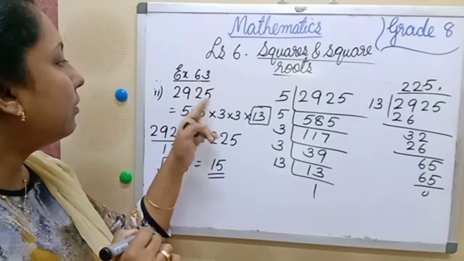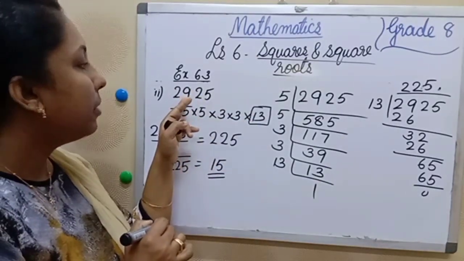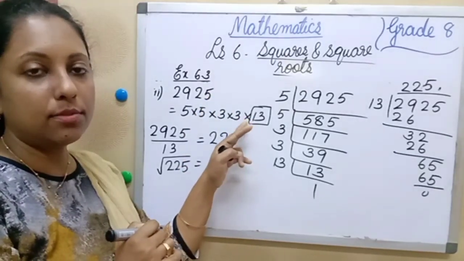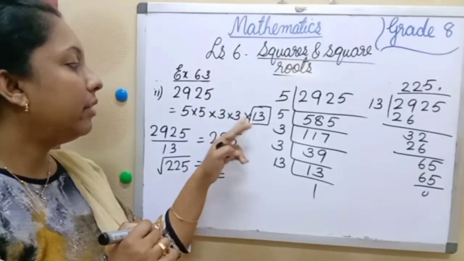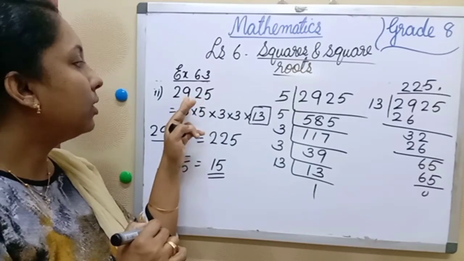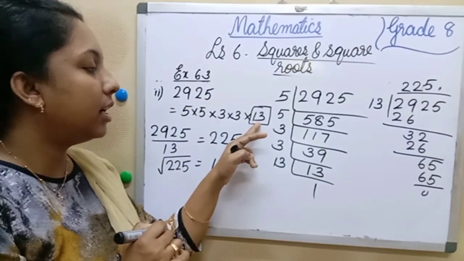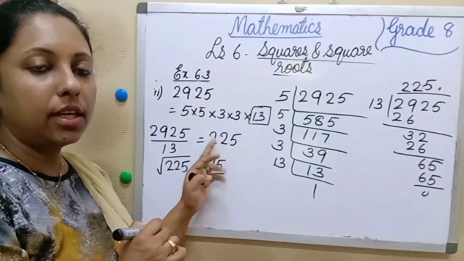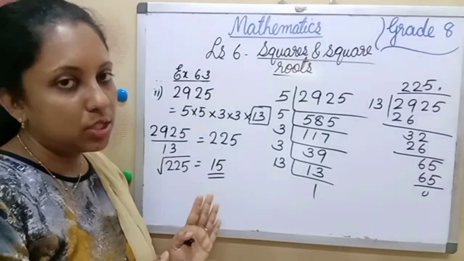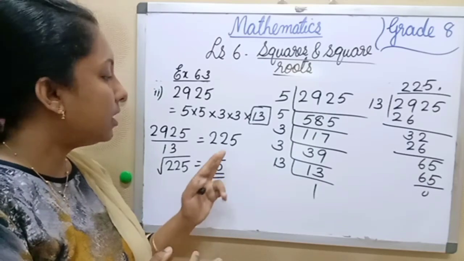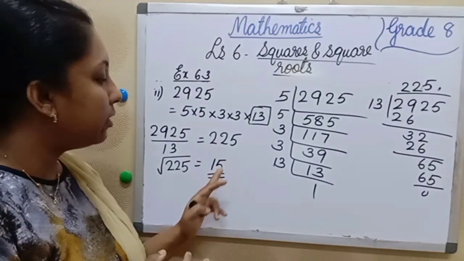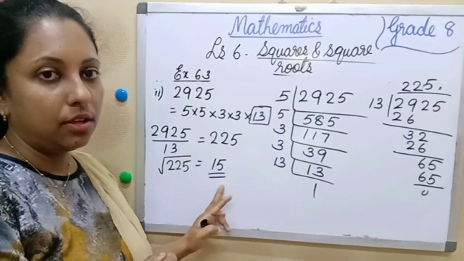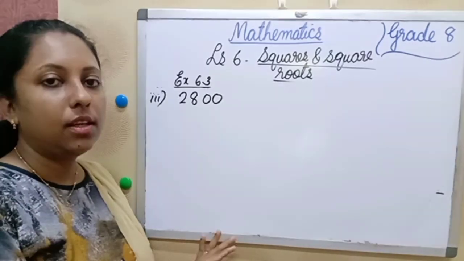So which number do we divide 2925 by? 13. This is the smallest whole number. When we divide 2925 by 13, we get a new number, and that number is a perfect square. Then what is the square root of that number 225? That is 15. Okay, hope it is clear. Next number,